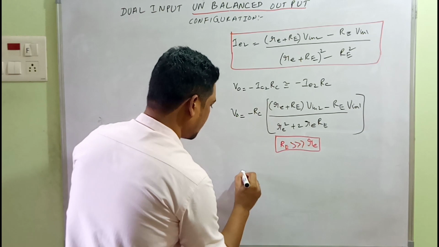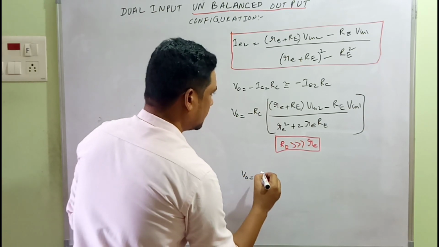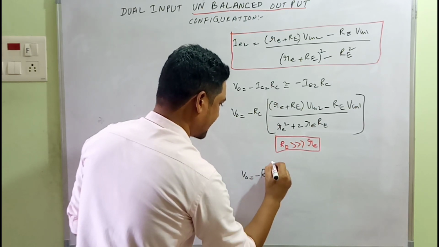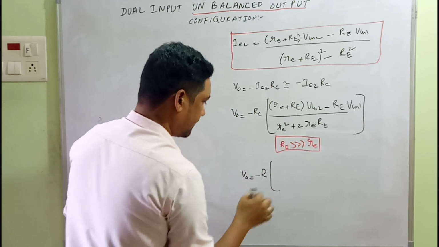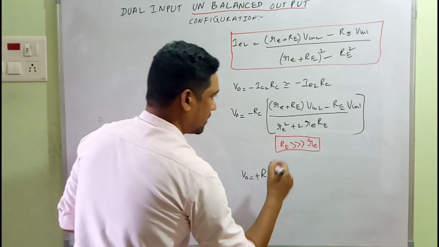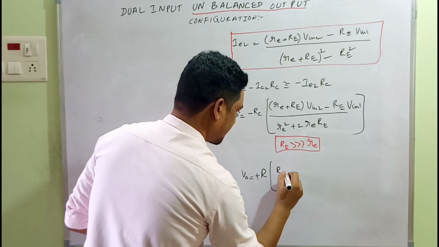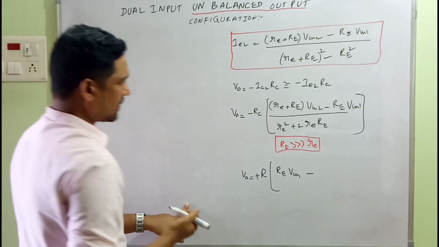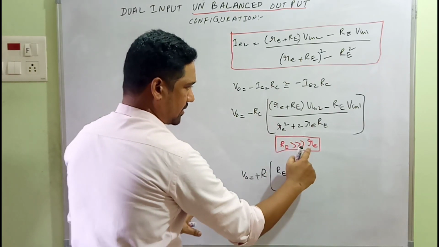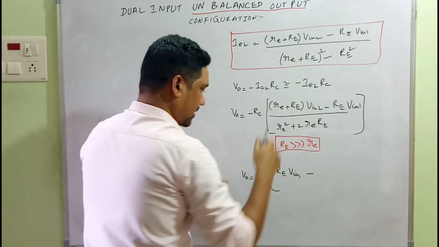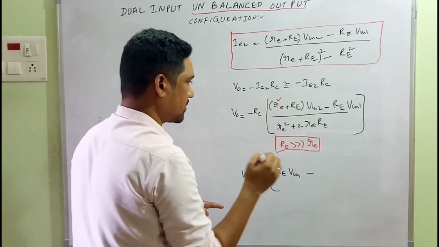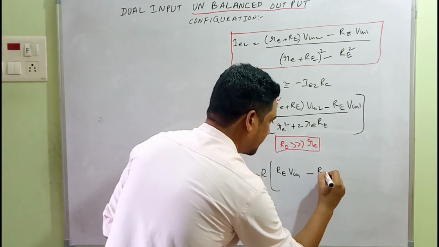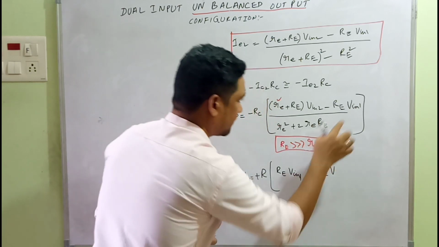V0 will be equal to, taking out Vin as common, RC, we have minus RC, but taking out the negative makes this positive, and what we have is RE into Vin, so this will be negative. Here RE can be neglected, and we'll be left with RE. So I'll be writing RE minus RE, Vin1 that side and Vin2,